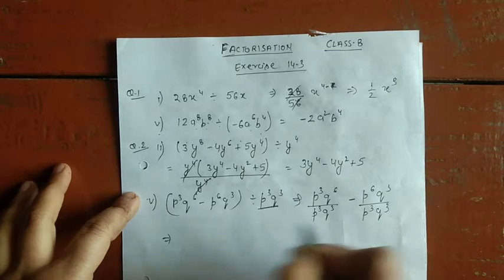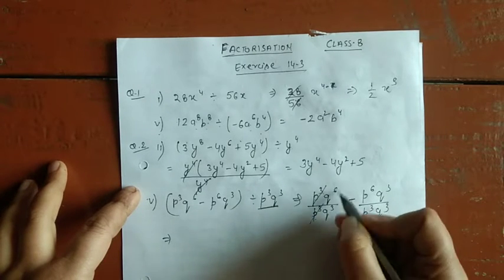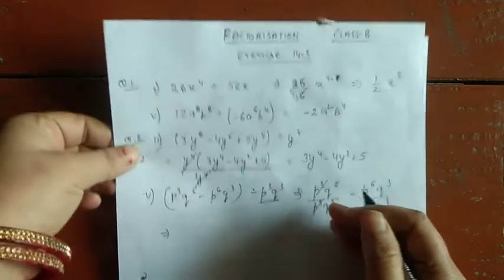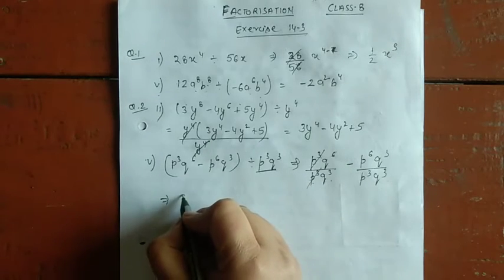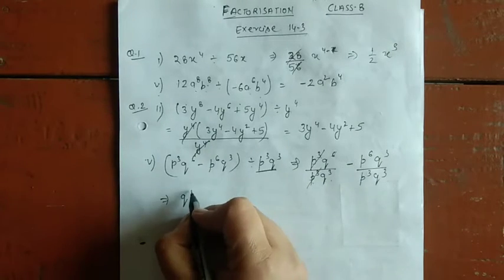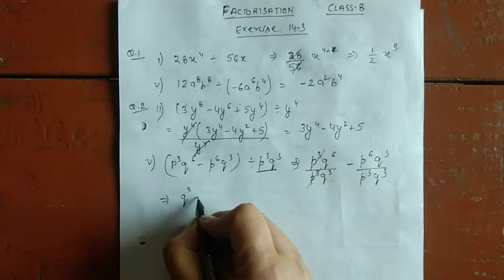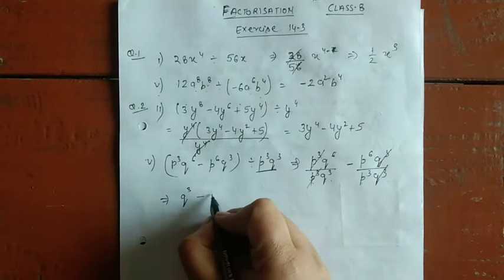When we have a look here, p to the power 3 and p to the power 3 will cancel out. You will not cancel these two because the powers are not the same, the powers are different. Now in division, powers are subtracted. So directly you can write 6 minus 3 also, or directly you can do the solution that 6 minus 3 is 3. Again, these both will be cancelled out but in these two the powers will be subtracted.